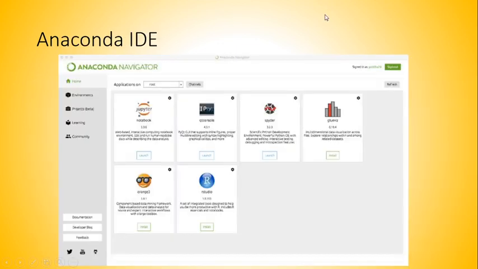Moving further, Anaconda IDE. Open Anaconda. If you have installed the Anaconda platform, you can see this type of image over it. Let me open Anaconda. Just a minute.